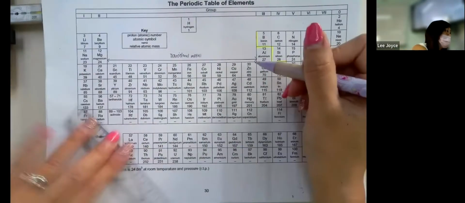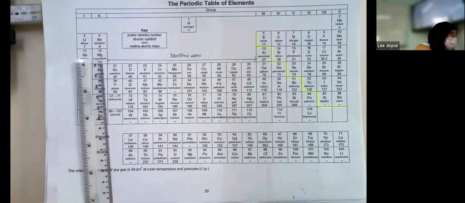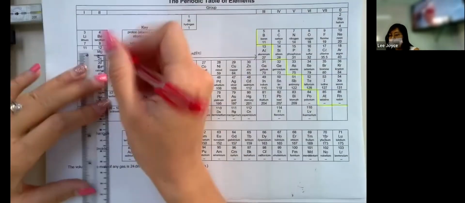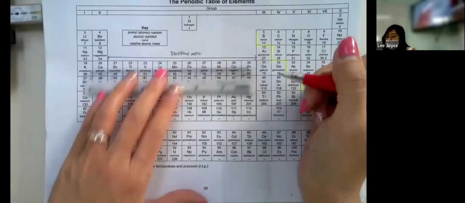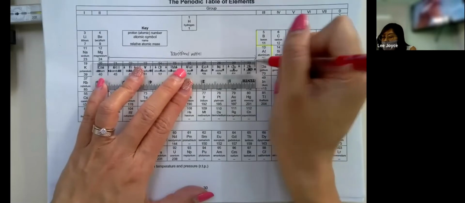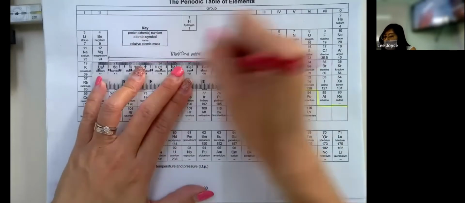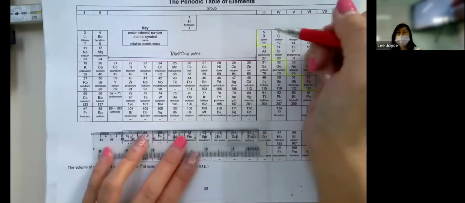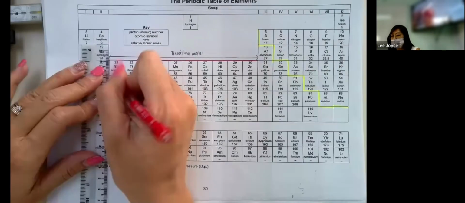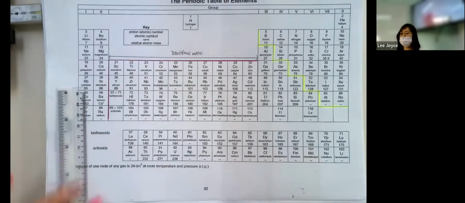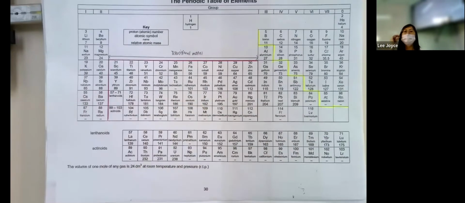Okay, use a different color to highlight. This block from here all the way to here. You can see the red line. See, from here to here, these are all the transitional matters. So why don't they have any groups? It's because